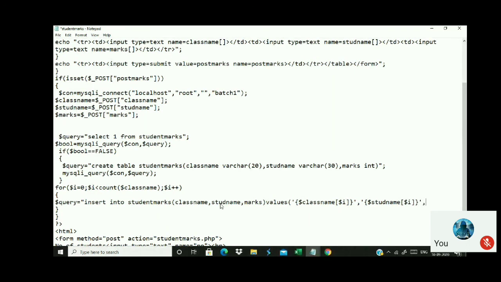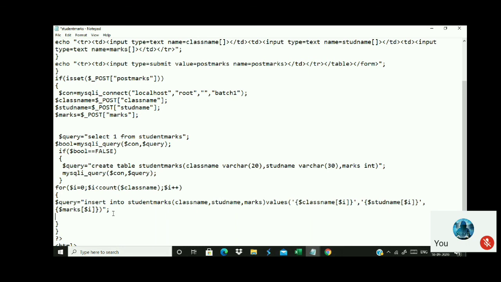And then close the single quotes. Okay, now the third one is not var character, it is integer. So when anything is integer, there is no need to specify single quotes. You specify it directly as it is. So directly I specify dollar marks here. Okay, so close this query. And what should I do? Sir, marks of I. So dollar I here, and square brackets. Now I have done my query.